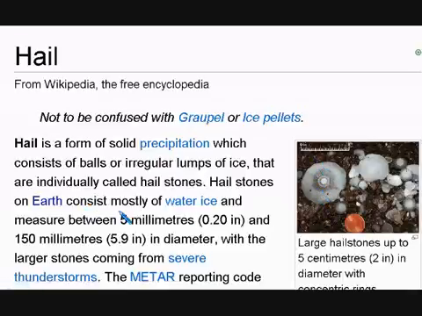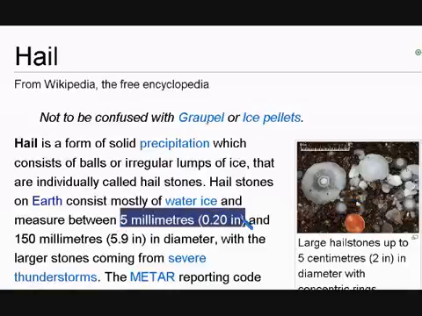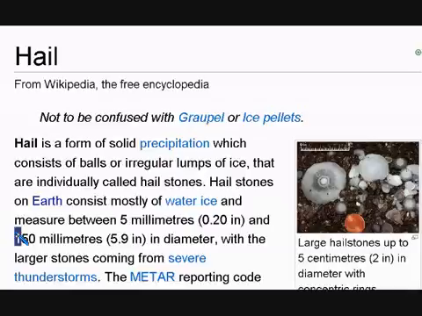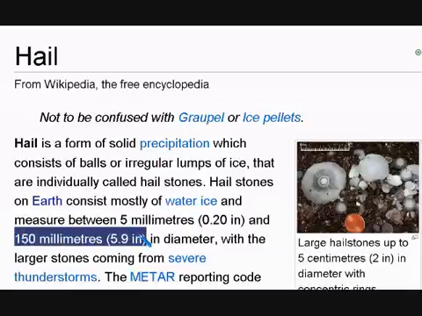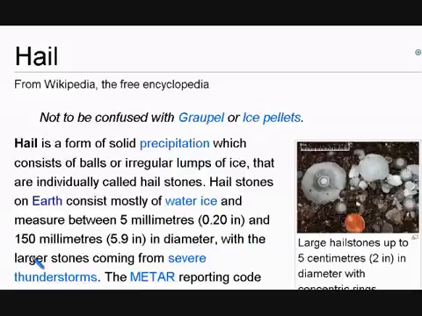So they measure, and you can see a ruler here. We can use the ruler to measure these hailstones, and they measure between, so the smallest is 5 millimeters or 0.2 inches, and the largest are 150 millimeters or 5.9 inches in diameter, with the larger stones coming from severe